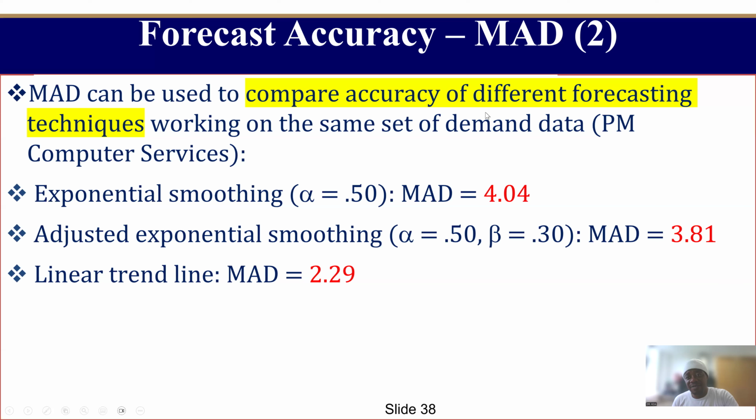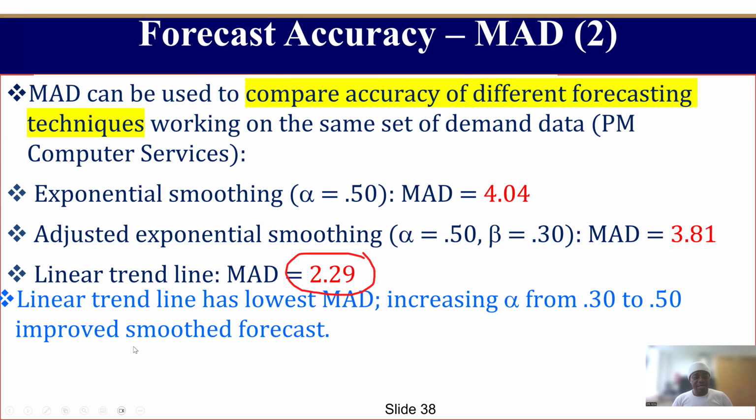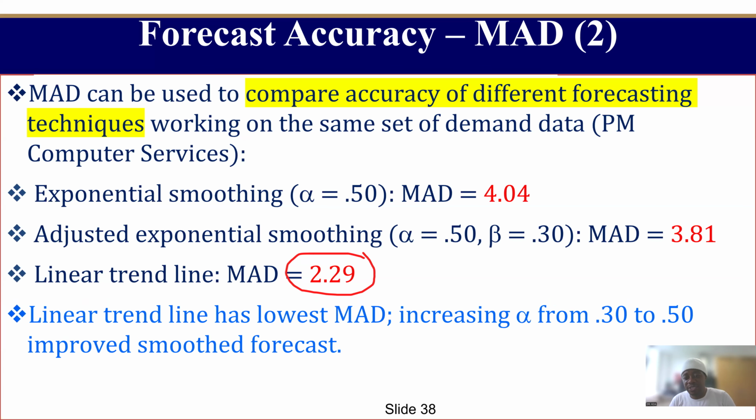Because the linear trend is giving us the lowest error compared to the rest. So what is the conclusion here? That the linear trend has the lowest mean absolute deviation. It is increasing out. Even if you increase alpha from 0.3 to 0.5, the improved smooth forecast version, the linear trend is still